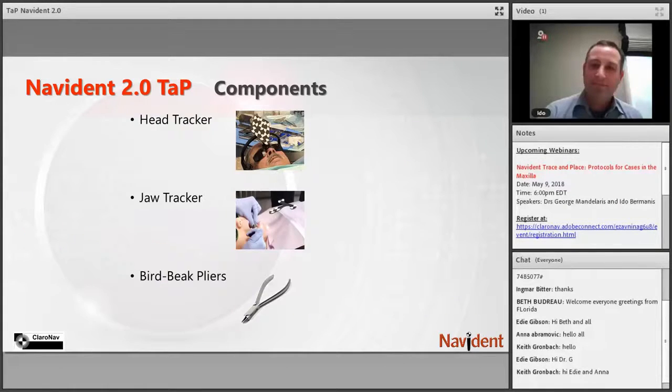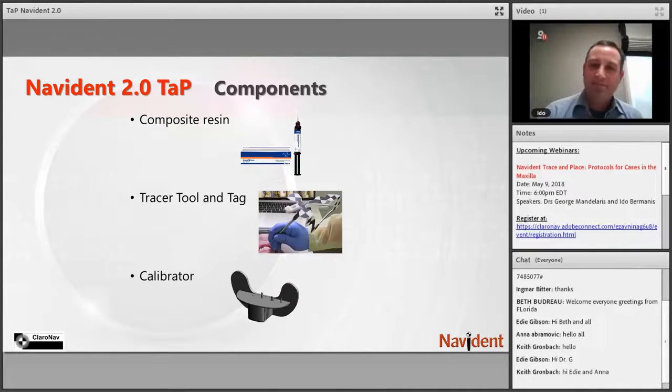We have some new physical components used for trace and place. The head tracker that we mentioned, placed on the patient's head for maxillary cases. The jaw tracker is the tag used for the mandibular cases. It has a stainless steel positioning wire, which we can bend using the supplied bird beak pliers, and it connects to a mandibular tooth using an off-the-shelf dual-cure composite resin. The tracer tool and tracer tag which connects to it, and a new calibrator tool used for calibration of the tracer, the surgical handpiece, drill axis, and drill tip, and now also calibration of